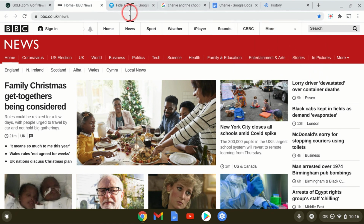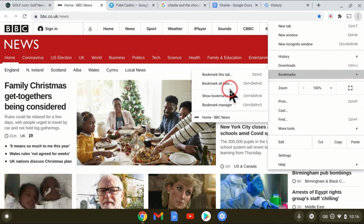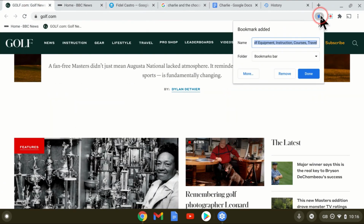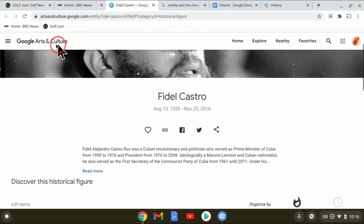Nothing spectacular about that, you'll probably think, until we get to our three dots here. And I want to go to bookmarks, and I want to show the bookmarks bar. So rather than going here to just use Home BBC, if I show bookmarks bar, you'll see it now appears here. And if I was to go to golf.com and click on that, I'll just change that to say golf.com, for example, and be done. Then there's my bookmarks bar. I've got these two little tools, websites that I like. I could do it for Google Arts and Culture too. Go back to the beginning of that website. If I go home,